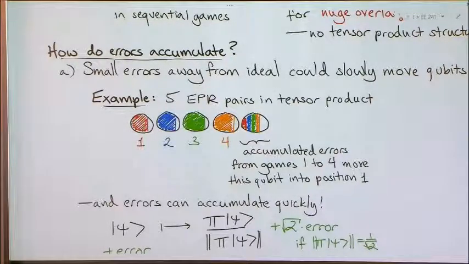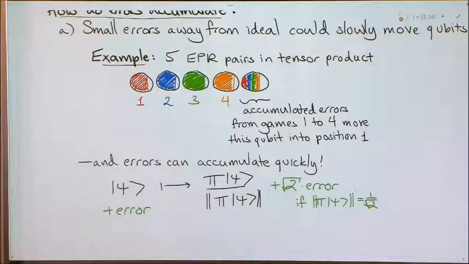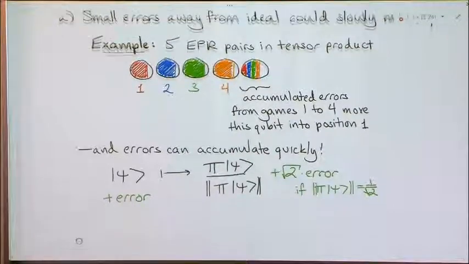You also worry about, because we're measuring, errors can accumulate because of the measurements, right? So when you measure a state psi, with projection pi, you get the state pi psi and then renormalized. And so, for example, if there's some small error, and if this measurement outcome occurs with probability 1/2, then the error is going to be renormalized as well. It's going to be blown up by a factor of √2. And so suddenly a small error, a square root of epsilon error, has suddenly become a square root of 2 epsilon error. And that's just after one measurement. And so if we're playing little n games, it's blowing up exponentially fast. So that's obviously bad too.